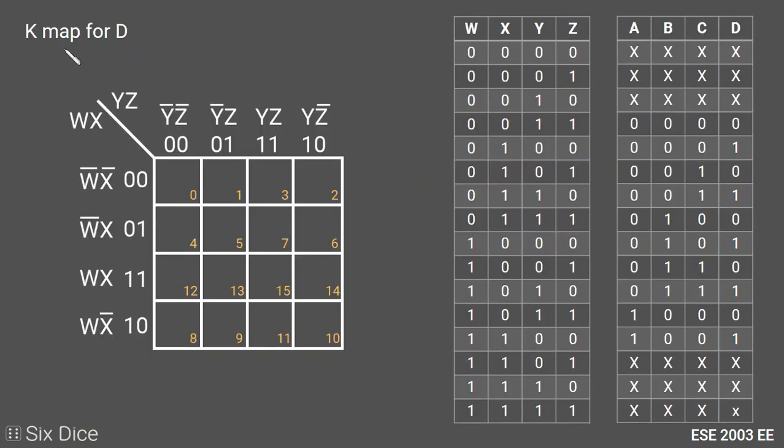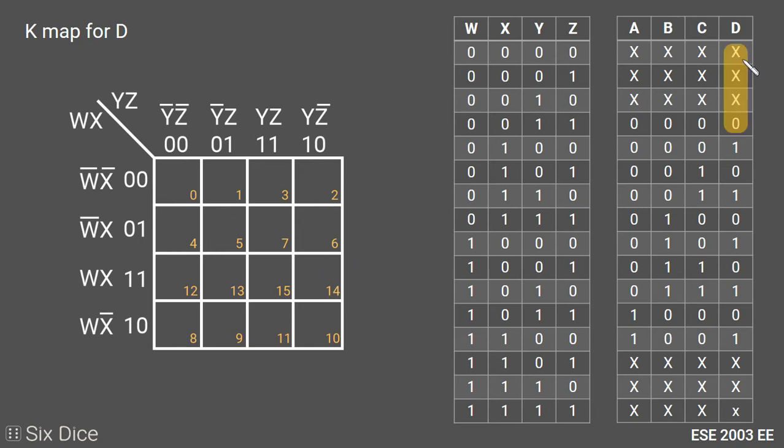The first 3 cases are don't care conditions and the last 3 cases are also don't care. Now we will make a K-map for D. D represents the BCD value and W, X, Y, Z represent the XS3 value. W is the most significant bit and Z is the least significant bit. The 4-variable K-map looks like this. We are using SOP convention here. In SOP convention, when a variable takes the value 0, we put a bar on the variable, and when it takes the value 1, we use the variable in normal form. The cell numbering will be 0 to 15, and we use gray code for the K-map.